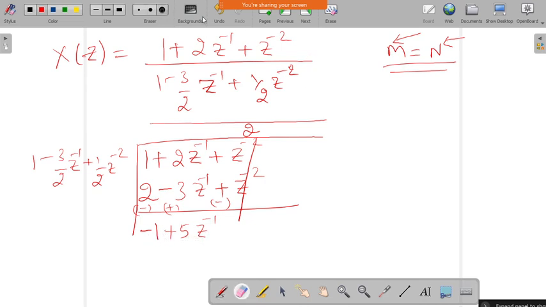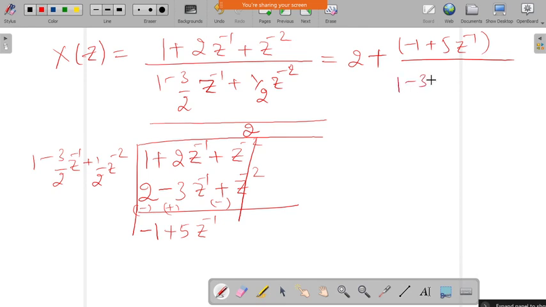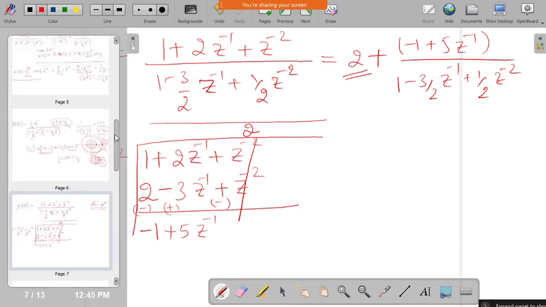Now, we can write this the same as whatever it is: 2 plus (minus 1 plus 5 z inverse) divided by (1 minus 3 by 2 z inverse plus half into z power minus 2). Now you can multiply this and take the LCM, it will again become the same thing. Now we have the other factor which is extra here. So, that extra term which we have